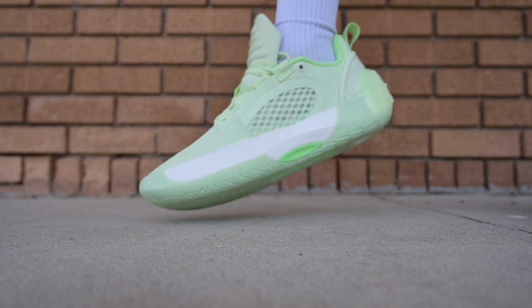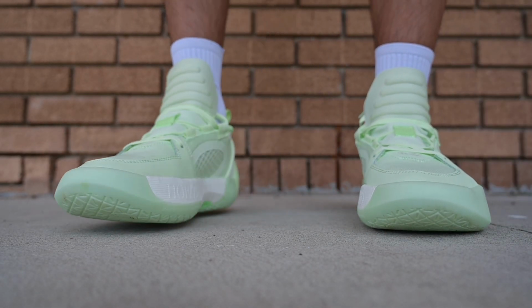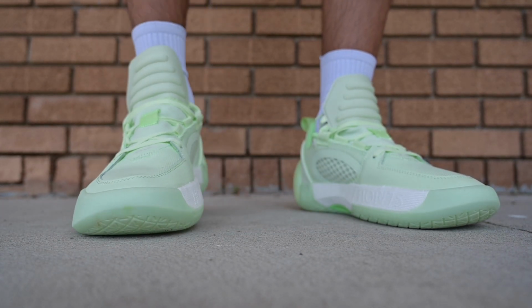And then when it comes to sizing, I would recommend going true to size. These do fit wider than the initial All City 12. They're not nearly as snug, especially in this forefoot area here. I don't feel like my toes are being pushed together, but I don't think this is still the best option for wide footers. For all you wide footers out there, I'd still recommend that you try these on in store if you have the chance to,